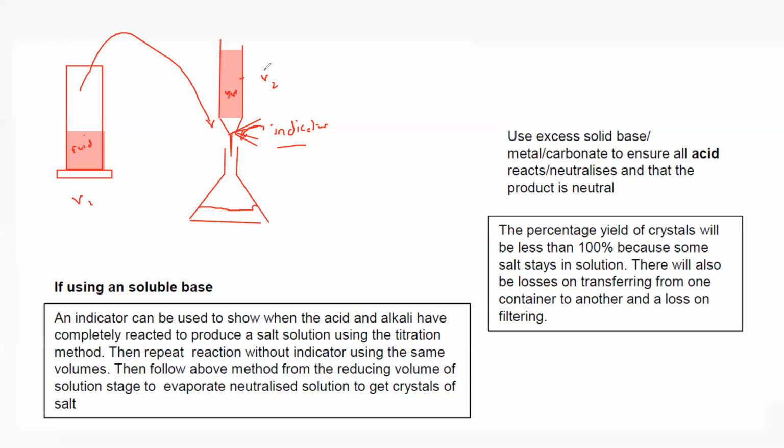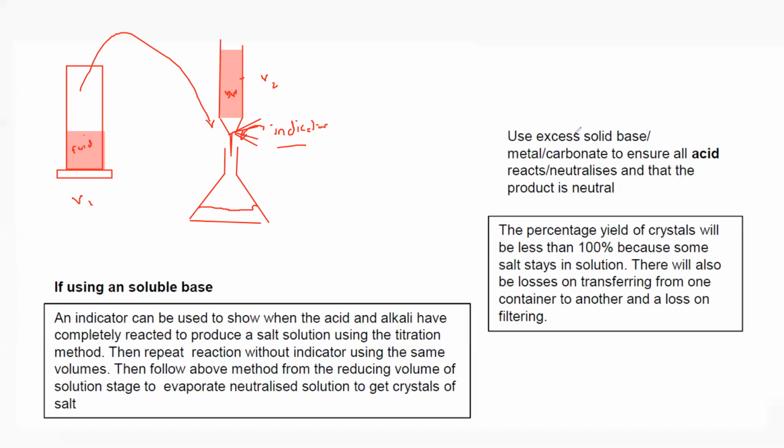So if we are using a soluble base, an indicator can be used to show when the acid has reacted with an alkali, and to produce a salt solution using a titration method. Then repeat the reaction without indicator, using the same volumes, and obtain the salt from this mixture. But normally,